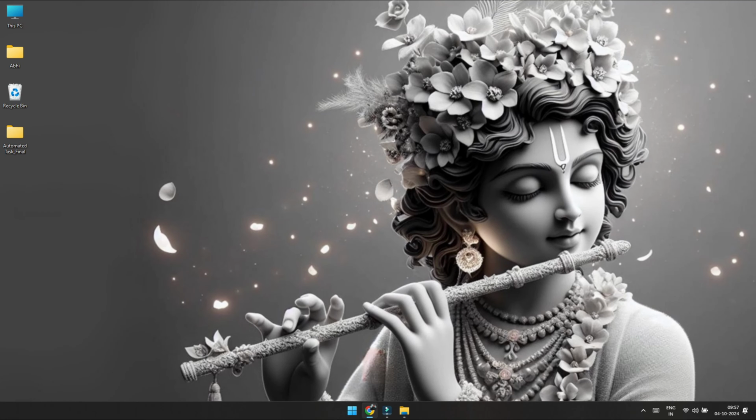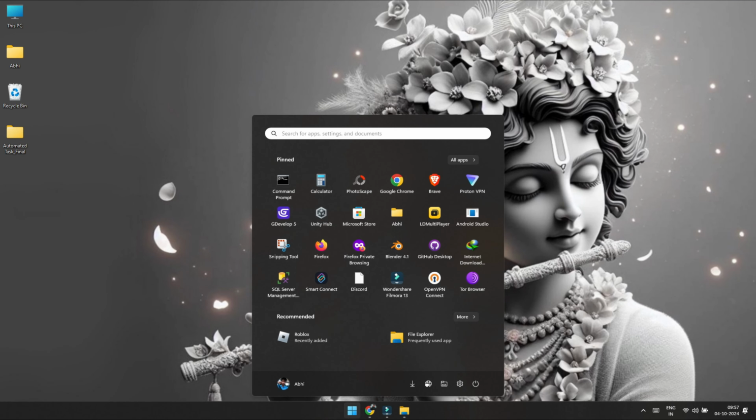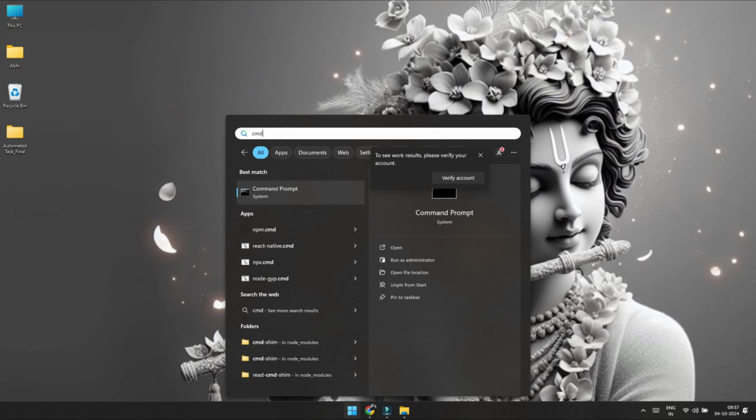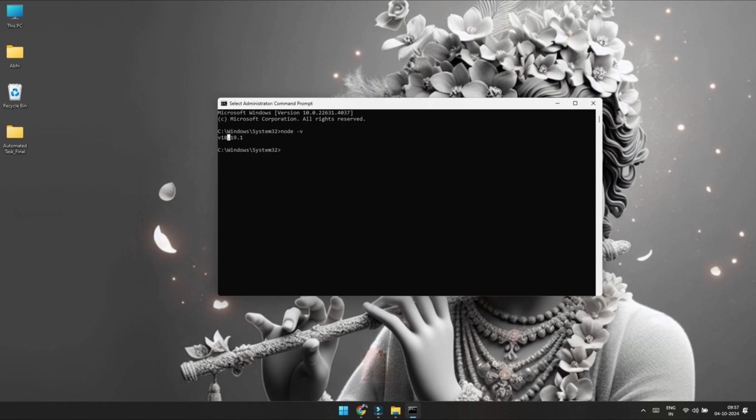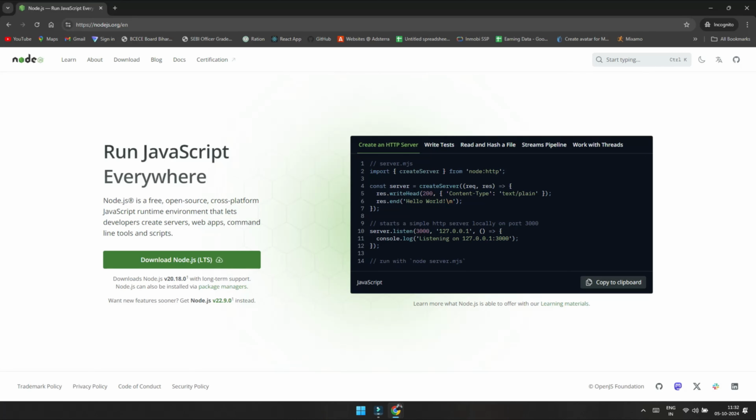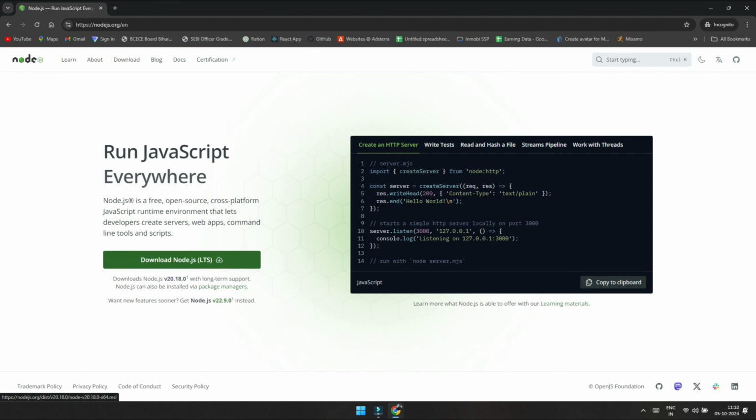First thing, let's check if you have Node.js installed on your computer. Open your command prompt and type this command node -v. As you can see, I have already installed Node version 18.19.1. If you see a version number like this, you are good to go. If not, no worries. Just head over to the official website of Node.js at nodejs.org and install the latest version